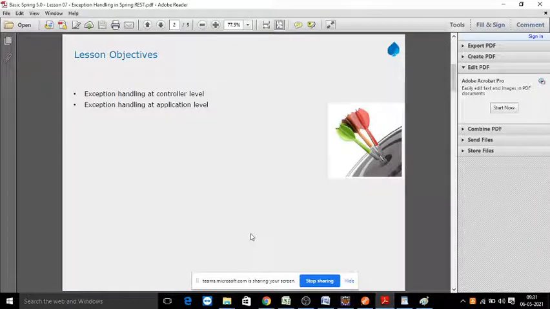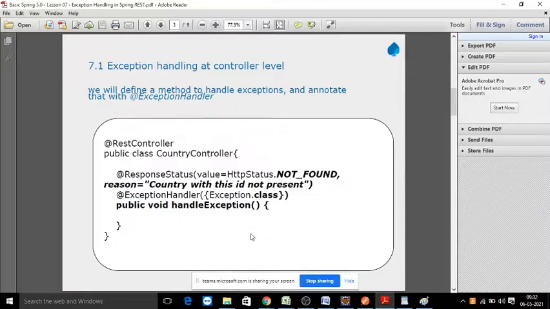So there is a controller level and an application level. If an exception is to be handled by a single controller, we go for the controller level. If the same exception may be thrown by multiple controllers in our application, then you go for the application level. Creating an exception class and throwing an exception is as usual. You will write a custom exception, and use both the throws clause and throw. But how we handle it is important.